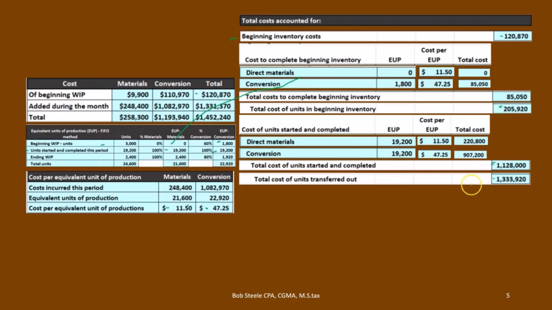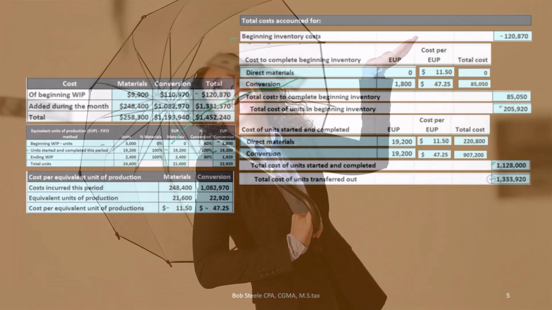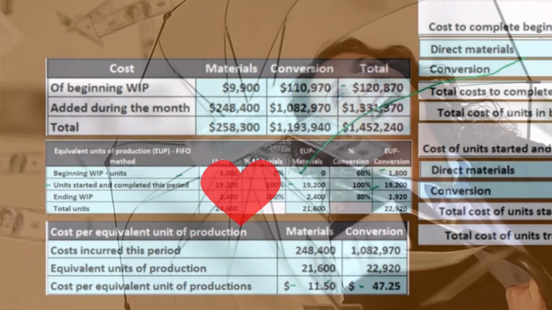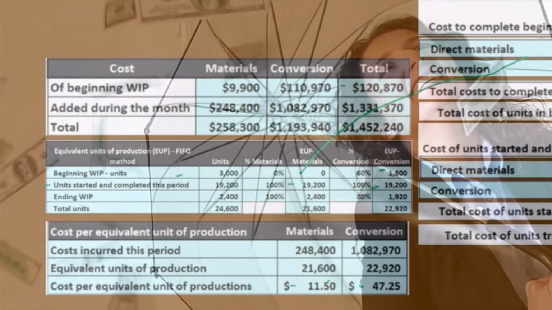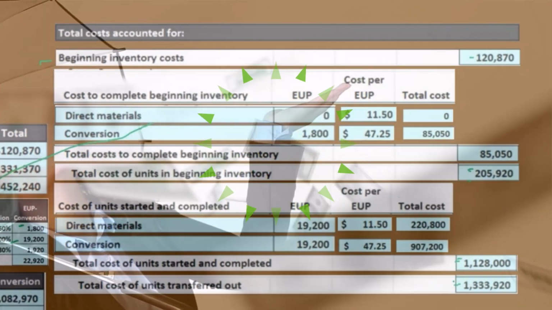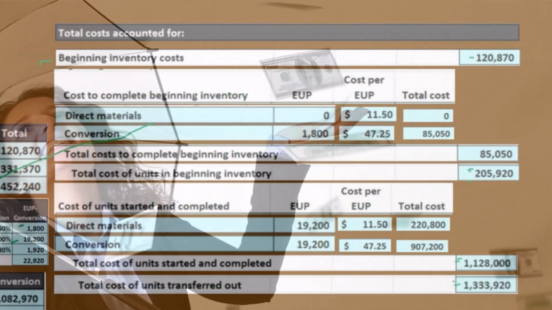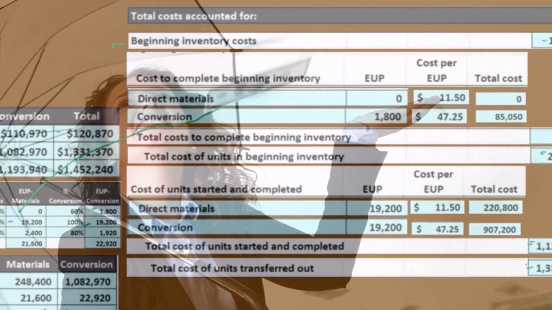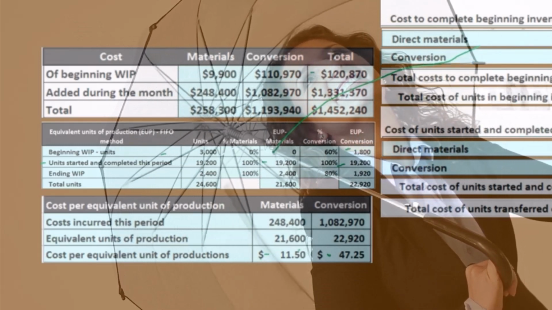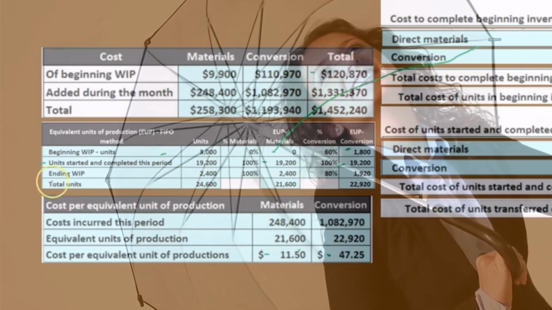So in terms of the dollar amount now, we've applied the dollar amount to the units. This is the dollar amount of the journal entry that's going to take it out of the work in process for A and transfer it to the next process, the work in process for B, which if we were making bread or something, will probably be like the packaging department from the production of the bread department. All right, but we're not quite done yet because we haven't done the ending work in